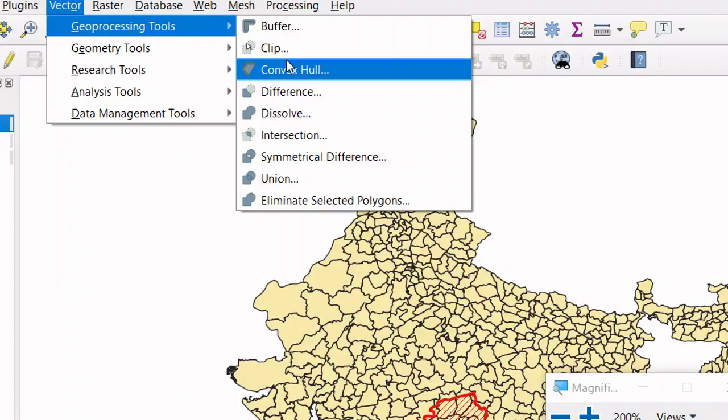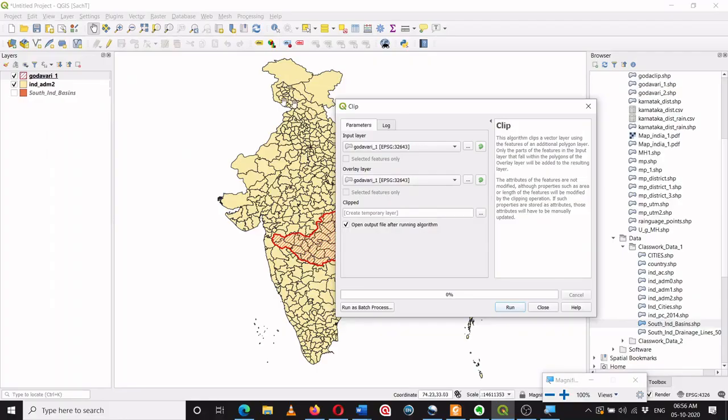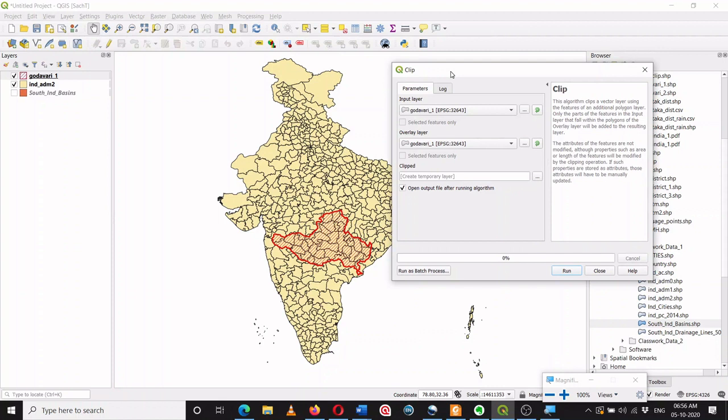So what the clip feature does, it clips part of an input layer by following the boundary of an overlay layer. So in this case I want to know the districts which are falling in the Godavari basin. So my input layer will be the map containing the districts, and from that map I am going to clip only those districts which are falling within this boundary. So this boundary, which is also called an overlay layer or a clip layer, is